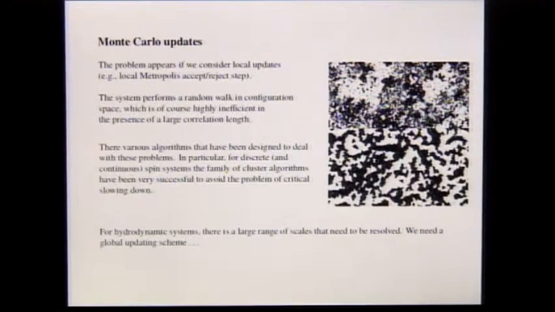In particular, if you encounter such a situation down here, it will take of the order of the spins included in these block sizes here, the white and black blocks, to suggest a statistically independent field configuration. At the critical point, you have critical slowing down, so you have to think about other types of algorithms that might sample the configuration space more efficiently. So for spin systems or continuous field O(N) theories, for instance, there have been different algorithms that were designed exactly for that purpose, so-called cluster algorithms.